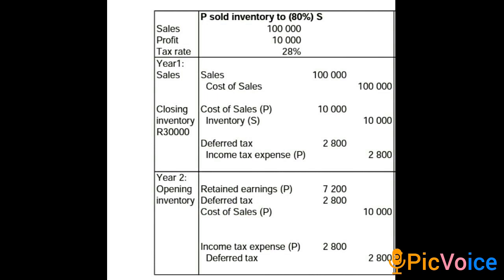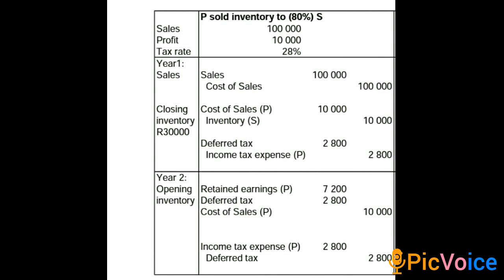Like in this case, if you are debiting an item that goes to profit or loss, that means you will debit deferred tax. And if you are crediting an item that goes to statement of financial position, that means you will credit income tax. So essentially it's like the opposite, because deferred tax goes to the statement of financial position and income tax goes to the statement of profit or loss. So you do the opposite of what you did in the main entry in terms of profit or loss and